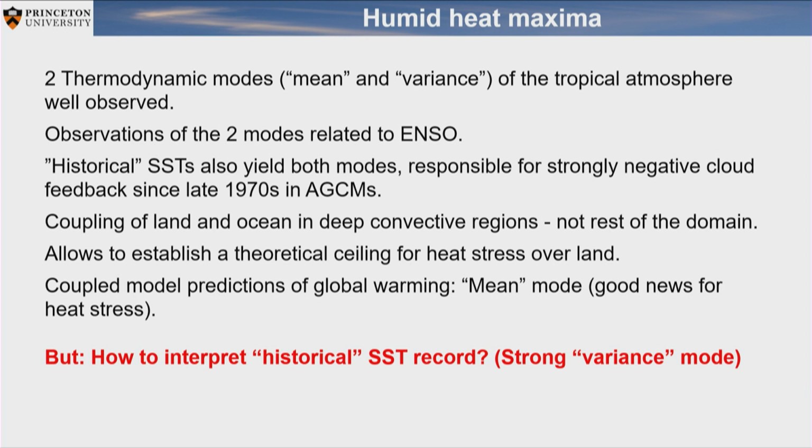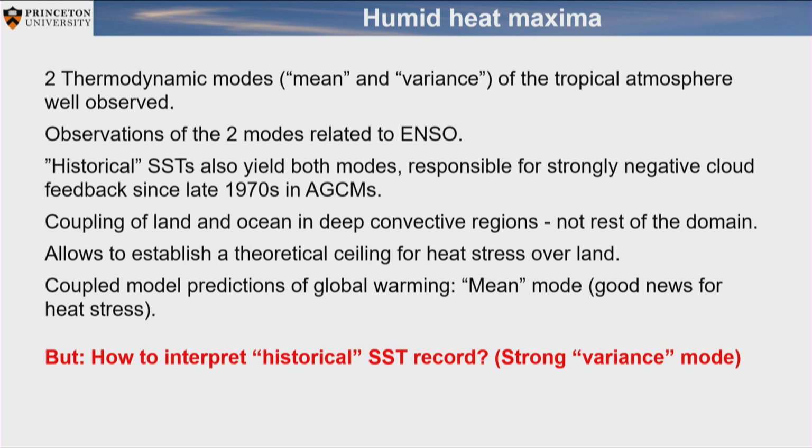So there are basically 2 degrees of freedom. What we observe robustly is related to El Niño. Right, so that's the last 20 years. We really can see what's happening, and we trust that. In the historical SSTs, there is a strong role for this second mode, particularly over the last 4 decades. But it is a bit hard to confirm that with observations. So this is a model result. You use the SST that you have, and then you run the model, and you hope that your SSTs are perfect. If the SST had a little bit of bias somewhere, then the result would be different.